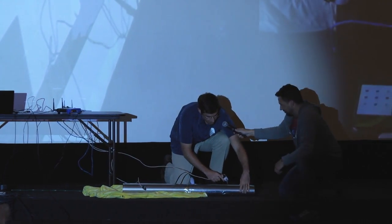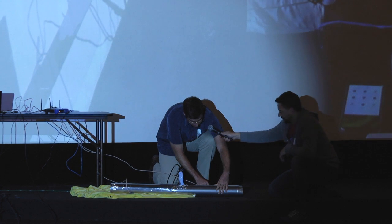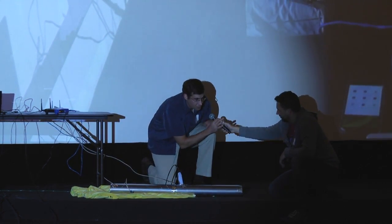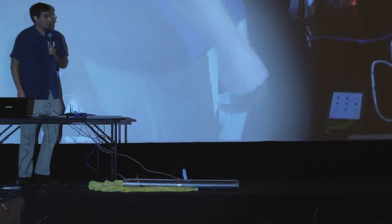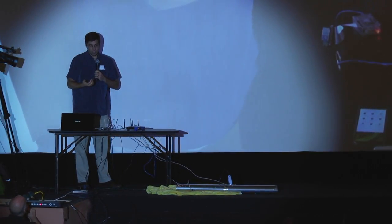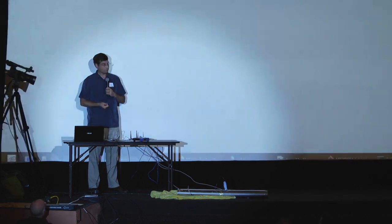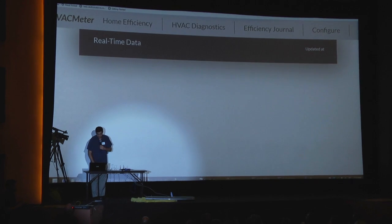Okay, so we've got one sensor on either side of the furnace, one on the cold side and one on the warm side. Once we know the temperature difference between the sides, there's also a wind speed sensor that can tell us how fast the wind is blowing. When we have those two pieces of data, we can see how many BTUs are coming out of your furnace. So the real-time data screen should be showing some information right now,